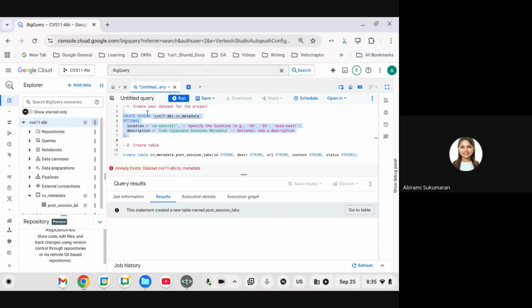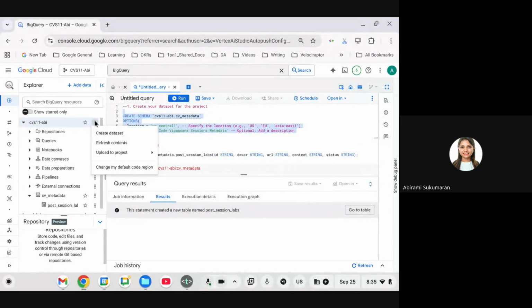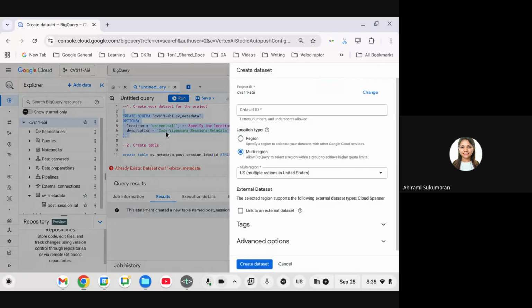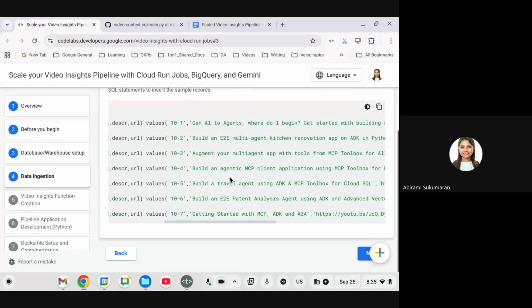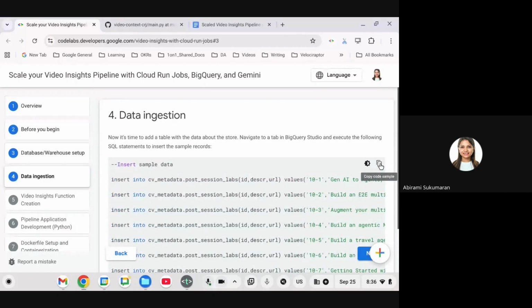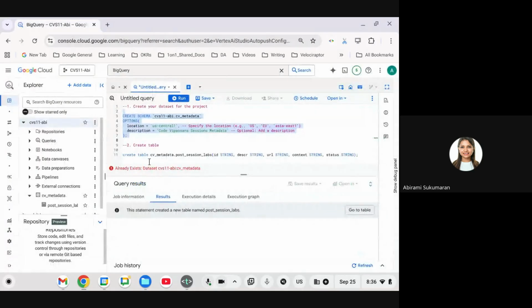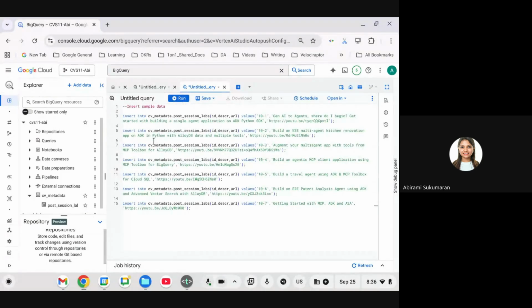And then try creating your data set and your table, or you can create a data set right from the Explorer pane itself by clicking create data set and choosing the region that's available for you here. All right, now going back to the code lab, go to step 4, data ingestion. Now it's time to add the data. So copy the sample data that's in the code snippet area, paste it here in your tab, open a new tab from the right data set,